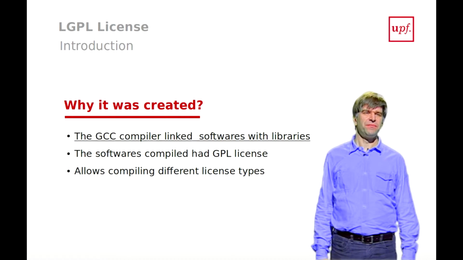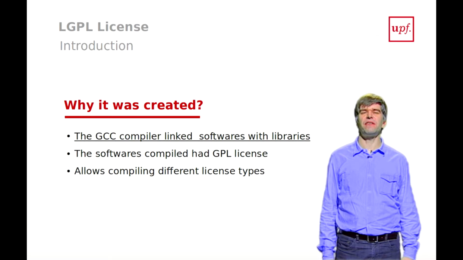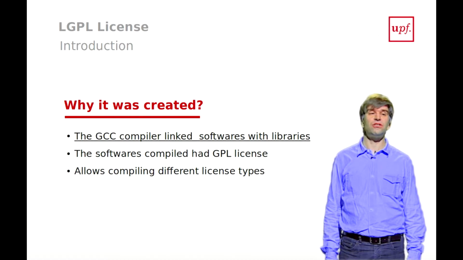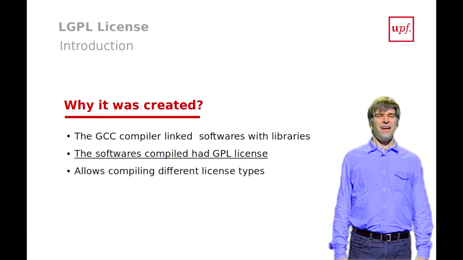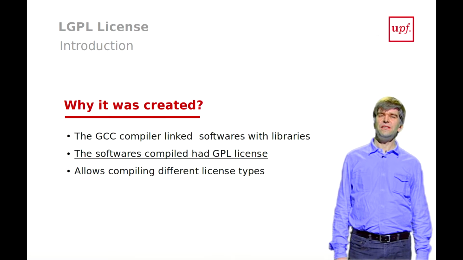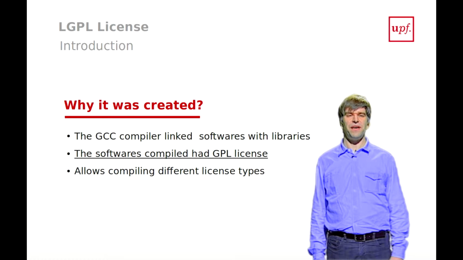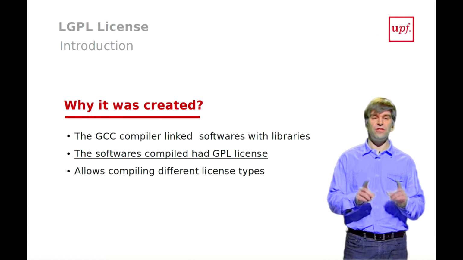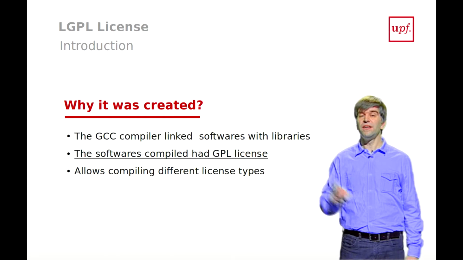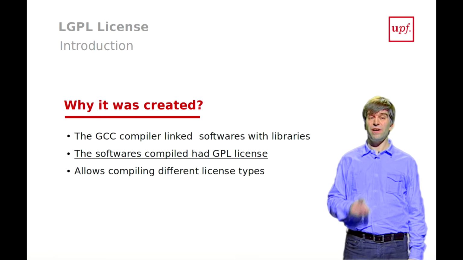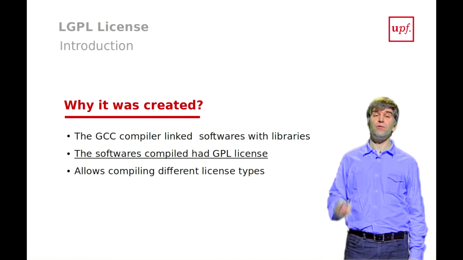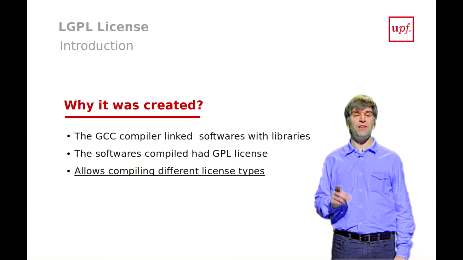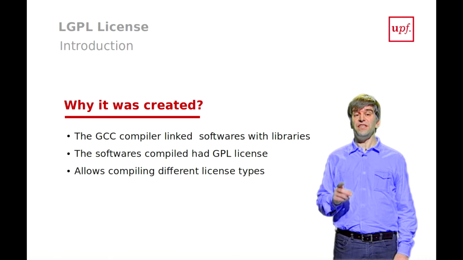Why was it created? This license is an extension of the GPL created by the Free Software Foundation because some tools, like the GCC compiler, link the user software with the compiler libraries. With the GPL, any software compiled with the GCC would automatically be affected by the GPL and forced to be published as GPL. As the objective of the GCC compiler was to produce a general compiler that would be used to produce any kind of software, free or commercial, with the GPL it could only have been used to produce free software. So a new version of the GPL license was created,